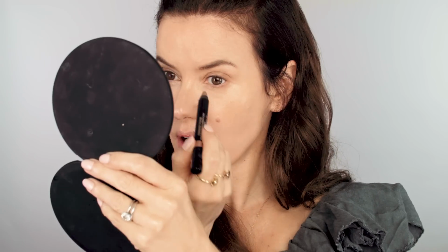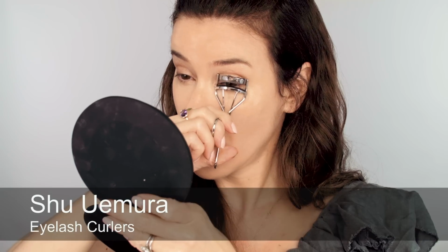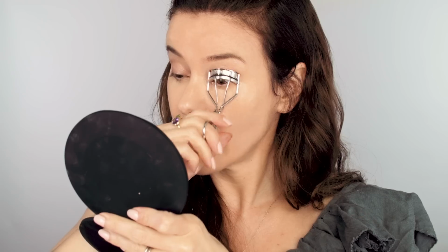And then with the lighter colour again, add a little bit of that to the inner corner. That's a nice quick eye makeup look. Just playing with light and shade. So next I'm going to curl my eyelashes. And of course, once I've got my mascara on, I can always add more of the pencil, once my brows are done and mascara's done and everything. But I want this look to be